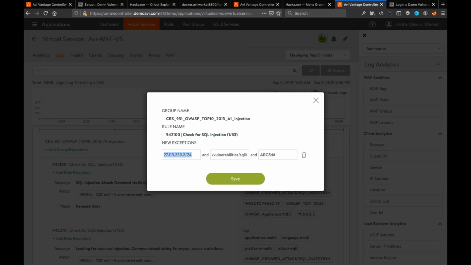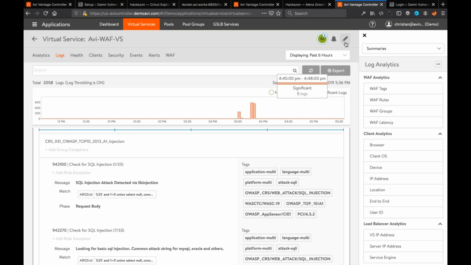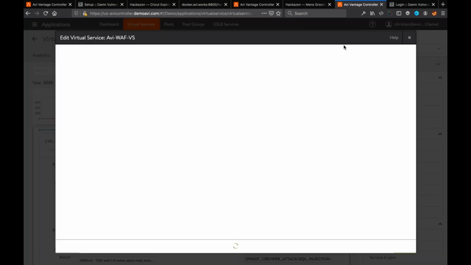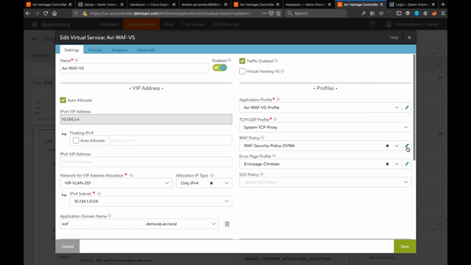And the system will pre-fill everything that I need, and I can just delete what I don't want. So if I want to allow this particular request through next time from this particular rule, all I need to do is add the new exception here and hit save, and it will automatically do that for me in the policy. And I'll show you how that looks in the policy, and then we'll move on to looking at more analytics.